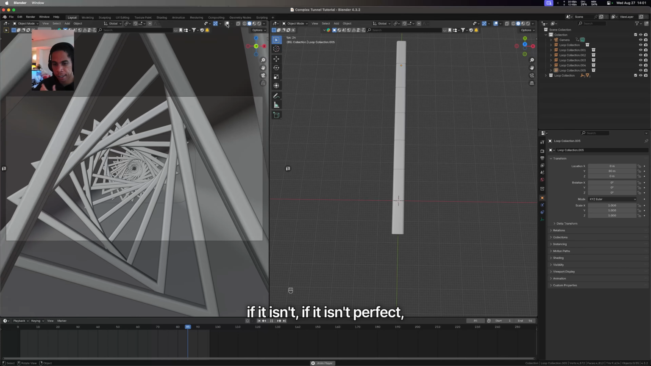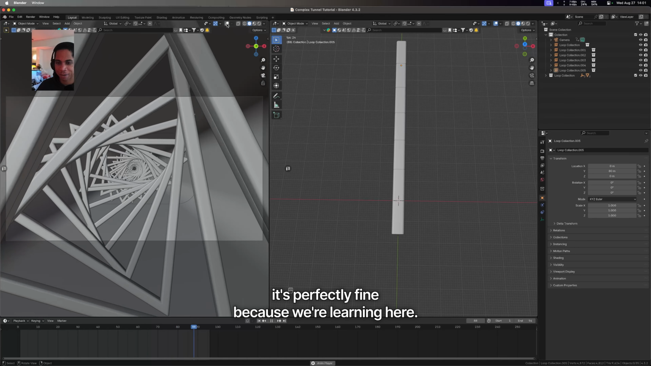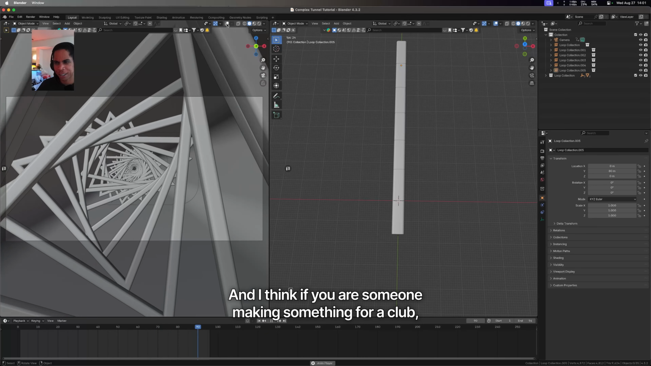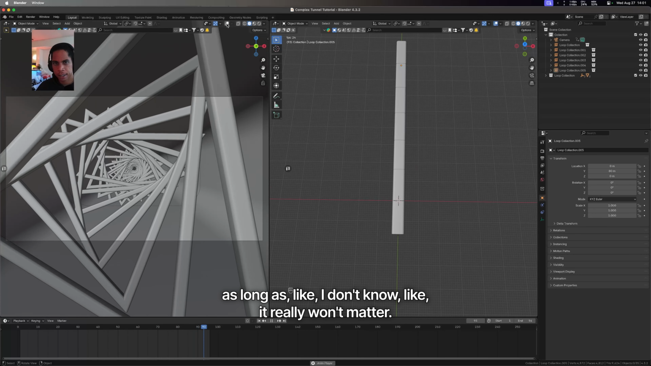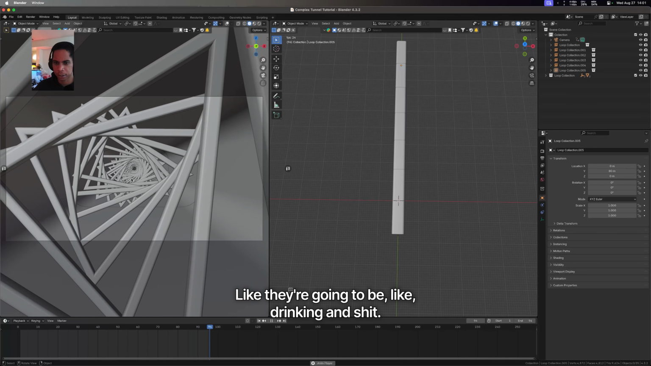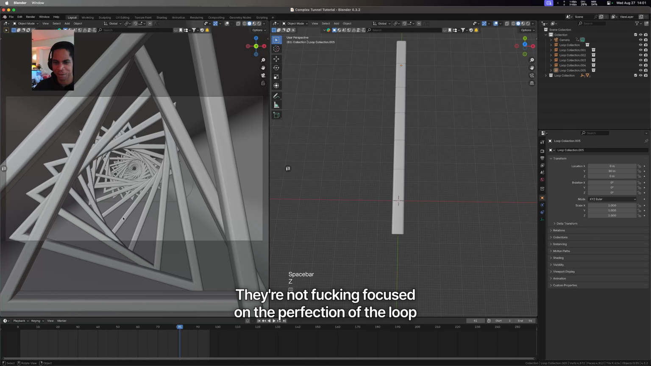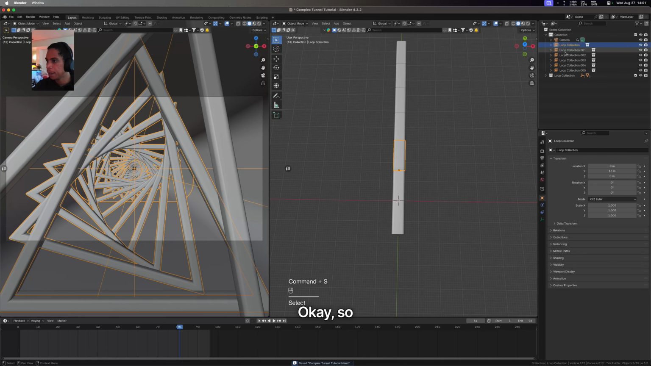And keep in mind, like if it isn't perfect, it's perfectly fine because we're learning here. And I think if you are someone making something for a club, it really won't matter. I feel like people aren't gonna catch it. Like they're gonna be like drinking and stuff. They're turning up. They're not focused on the perfection of the loop. Anyways, okay, so